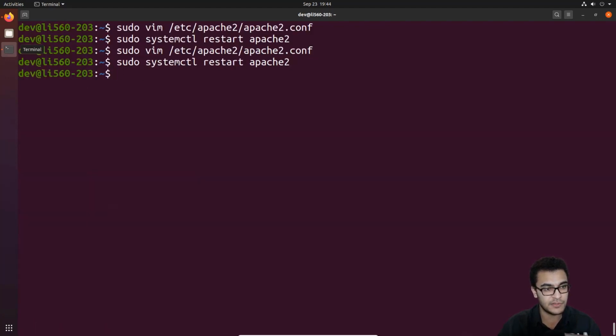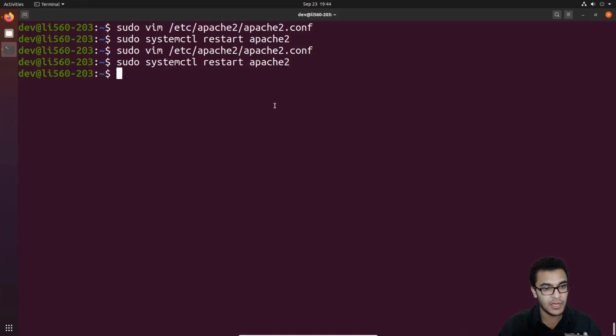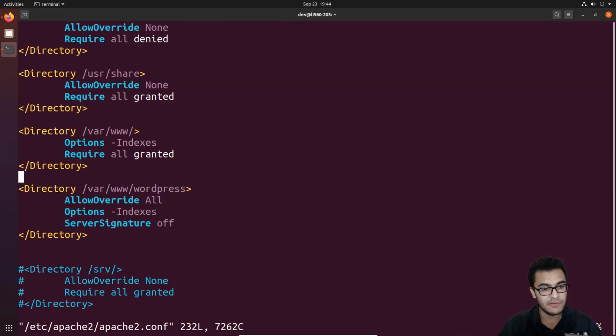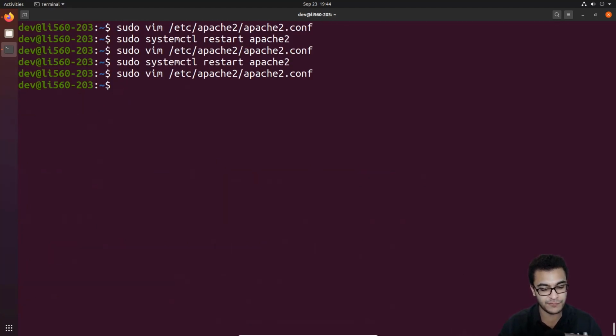So I'll say restart, and if I restart that now, you can see that it's still listing this out, but the server signature has disappeared. If this happens and it's still displaying the indexing, the easiest way of fixing it is to go directly and create an .htaccess file right over here. So I'll just save that. We've enabled the .htaccess file, and we'll go into cd /var/www/wordpress, and we hit enter,